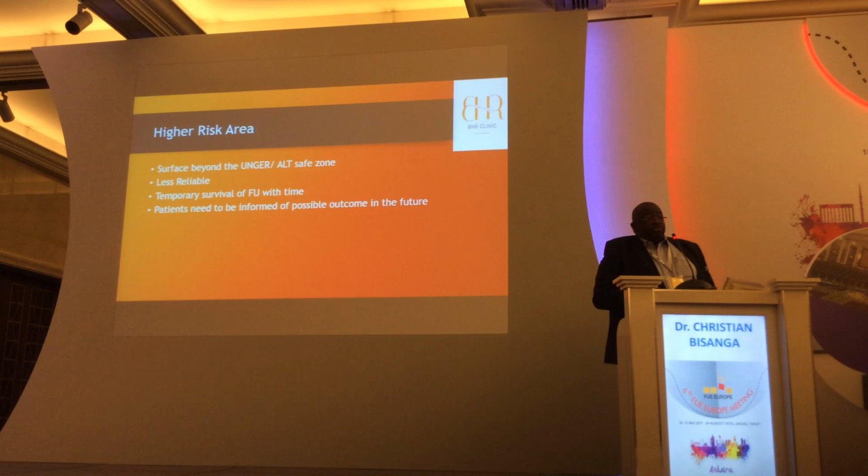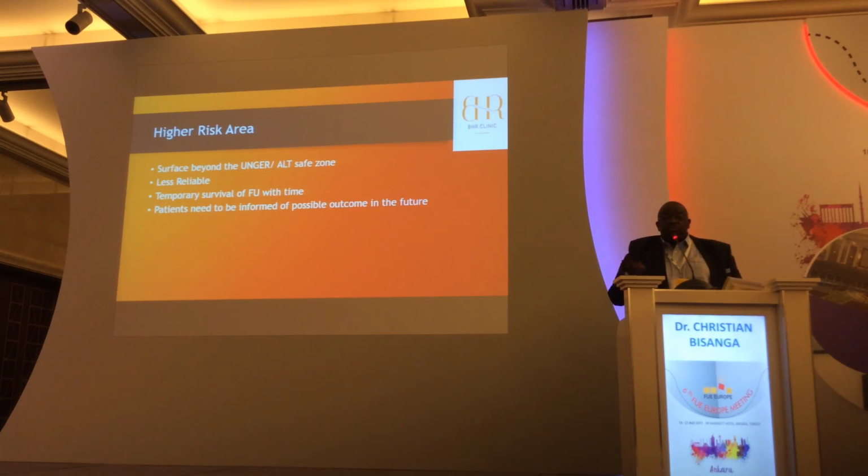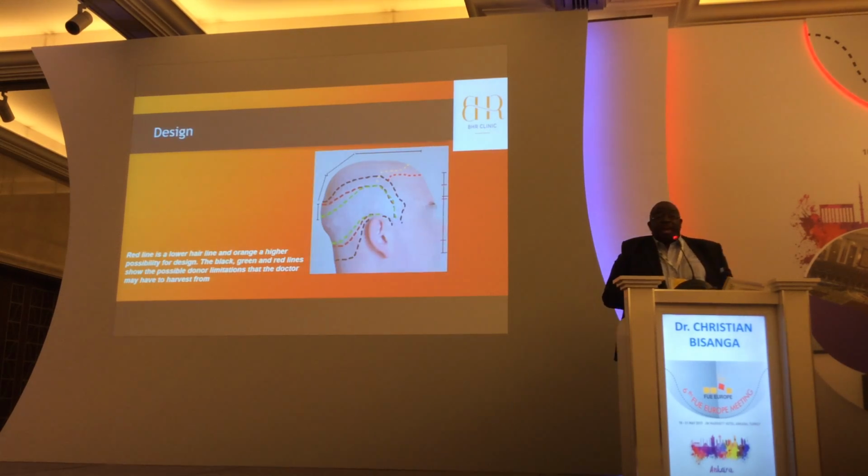High risk areas are the ones that are unpredictable. As we age, we have a tendency to lose hair in the nape. You can lose hair at the border of Norwood 6, so it's important to keep that in mind. So on this picture, I put what could be the scenario if someone loses hair, depending on how young, how things can go bad or not. So here, you can take the black line and have the biggest safe zone.